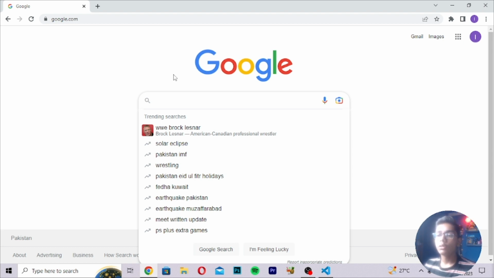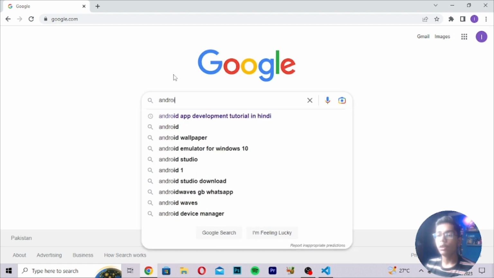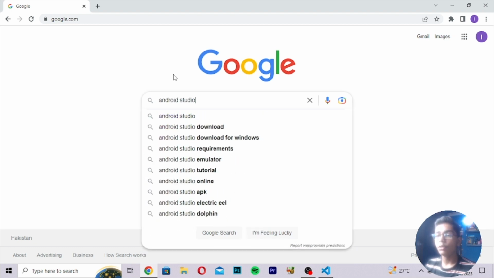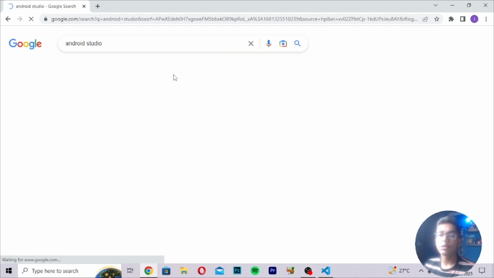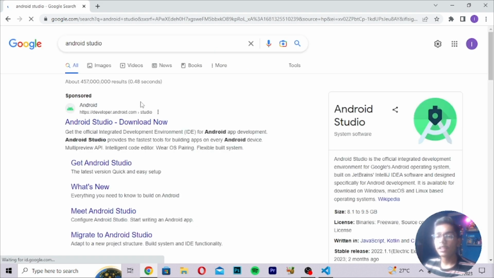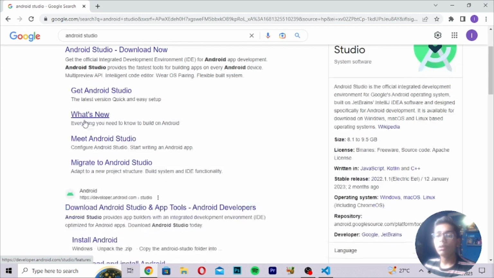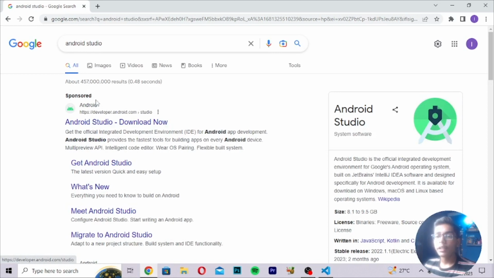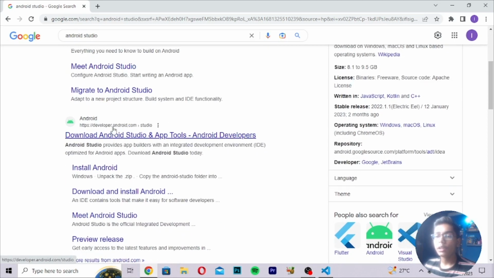So I will now be doing one thing. I will be moving here, and then I will be writing here Android Studio. You can write Android Studio download, or you can directly write Android Studio and press enter. It will show you the website. Basically this is the original website of Android Studio, because some people go to this ad website. This is the sponsor website, so you don't have to go to this one. You have to go to this one website, which is